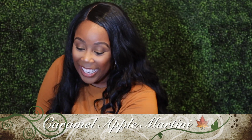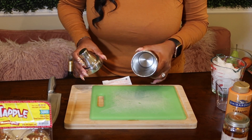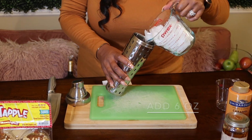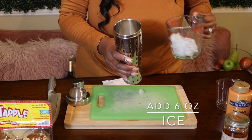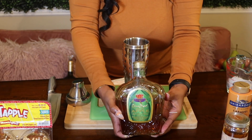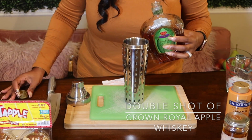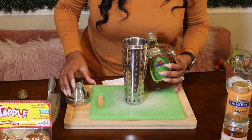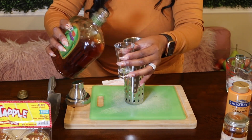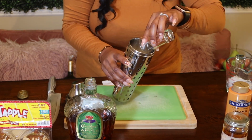So let's go ahead and get started. I hope you all are as excited as I am. So we're going to put about 6 ounces of ice into our shaker, followed by our Crown Royal apple. We're going to use a double shot. You can use more. I was about to pour it freehand, but that would have been a mess. So we went ahead and used a double shot,